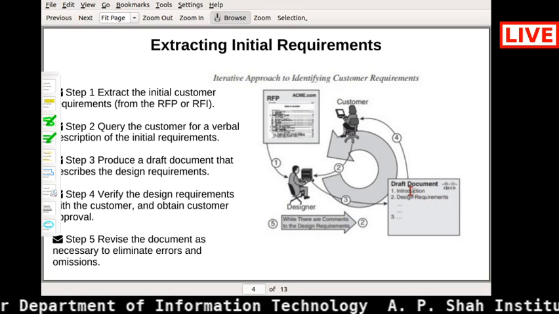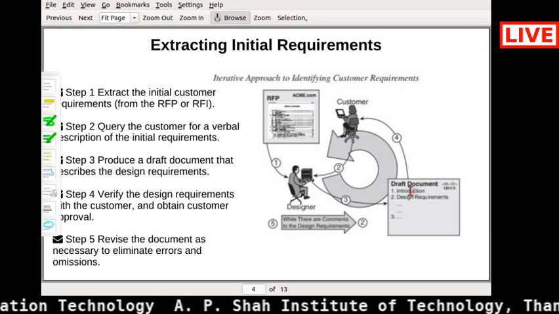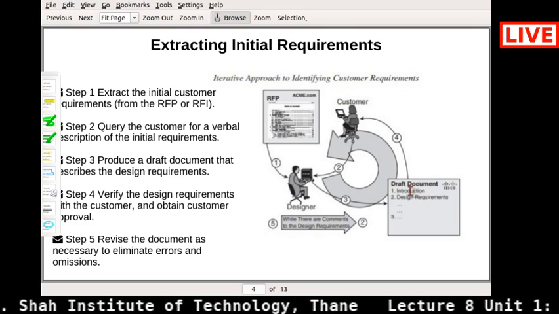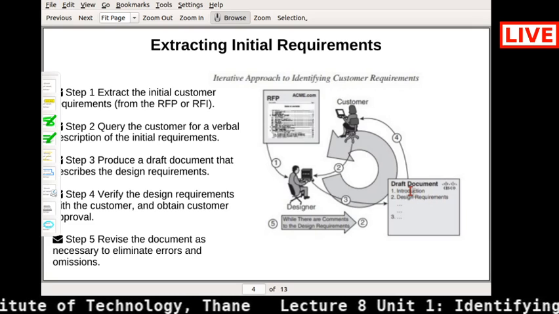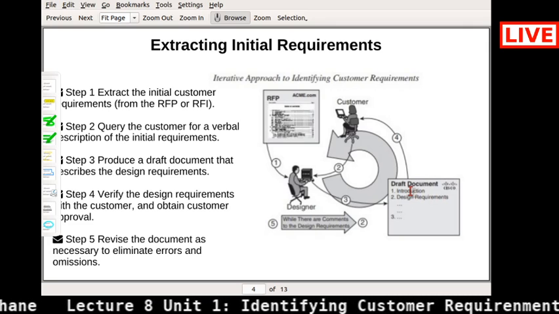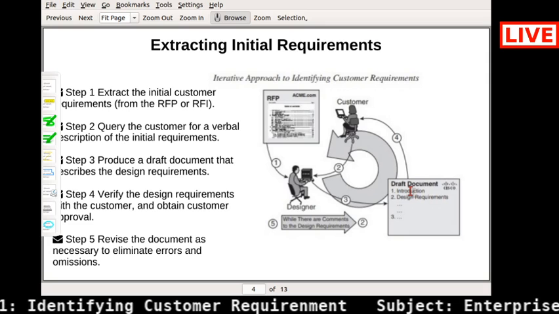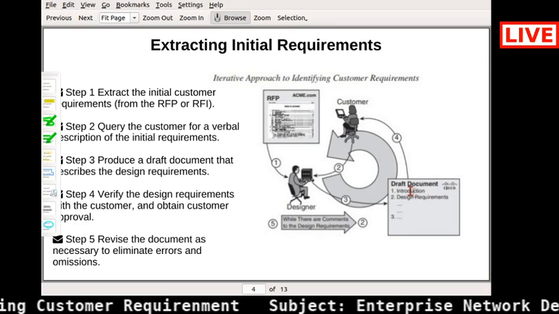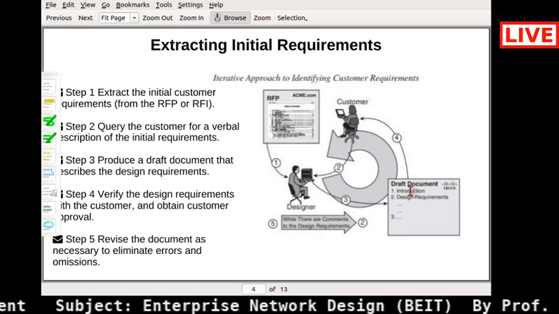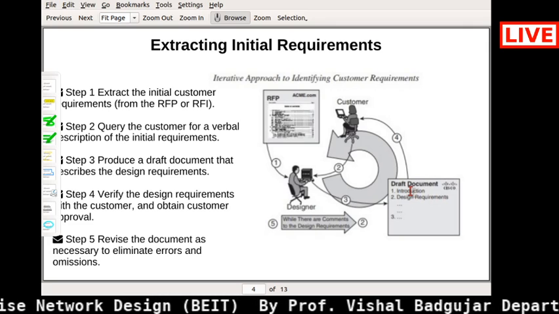That initial requirements document is what we call an RFP or RFI, that is, request for proposal or request for information. In SDLC we call it an SRS document, software requirement specification. Here in network design we call it a request for proposal, RFP,